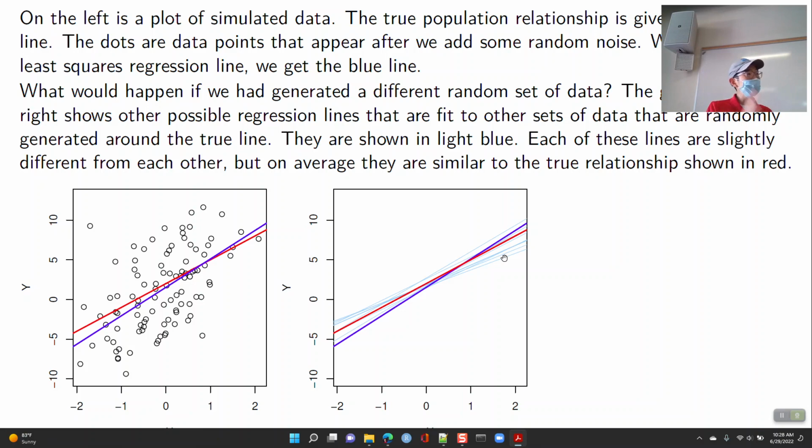These light blue lines represent the other slopes and intercepts that we've estimated from other random data. Again, we're simulating data around the true line in red, and we're asking what other slopes and intercepts have we created? And we can see overall, if you were to average all of these light blue and even the dark blue lines,